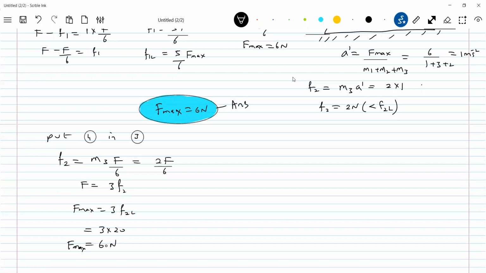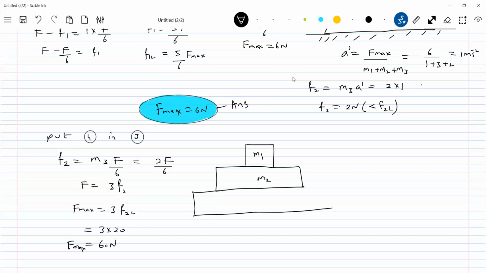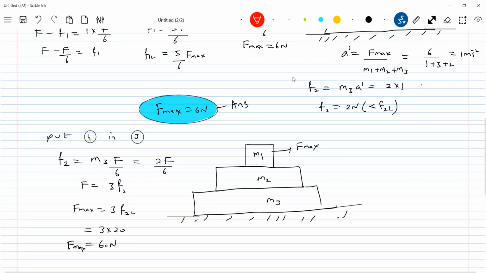Okay, now earlier I got 6 Newton, no? Now I got 60 Newton, then which is correct? Let's check it. Now I'll go back to the thing. I'm going to apply the 60 Newton. What is the assumption? I applied 60 Newton on this. Then here the friction acting, I'll assume static. Then here what will happen? It should be limiting friction.